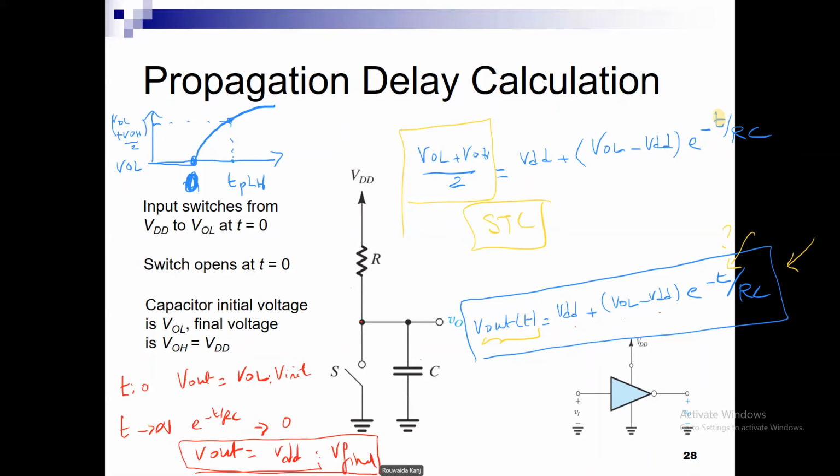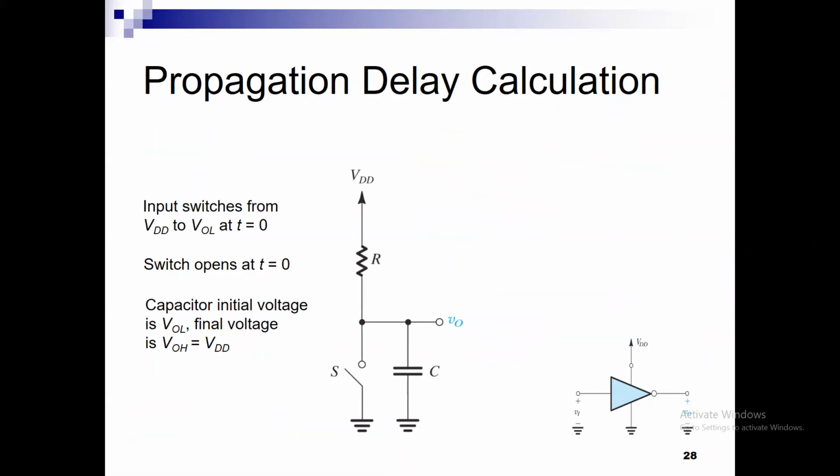And now what we are really doing, we are saying since at t0 it starts at VOL, I want to find the t at which it reaches half or 50% value, so I can solve for t from this equation. Okay,